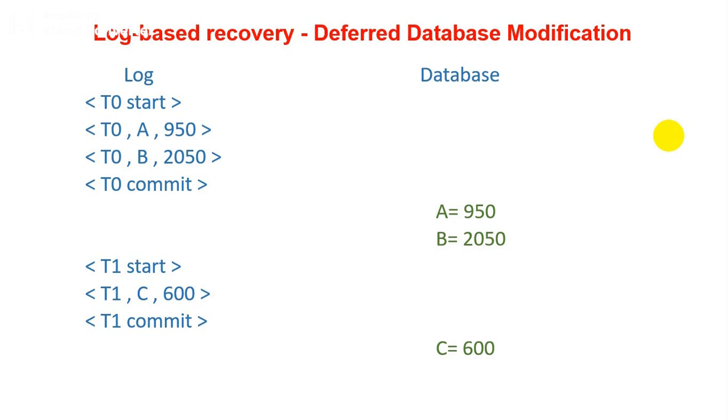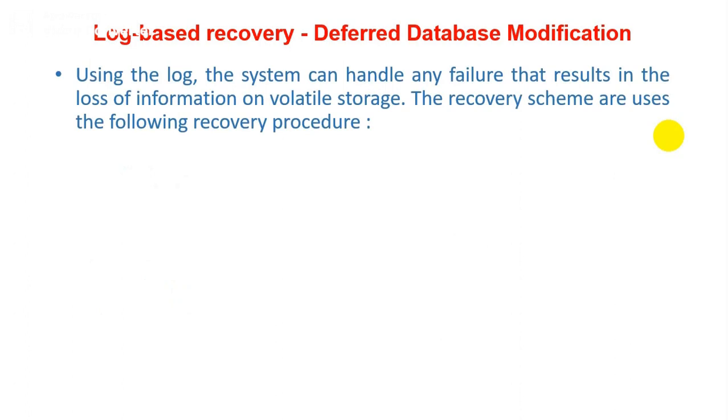the particular transaction, because we know that before starting the transaction account A has 1,000 rupees. If you debit 50 from the 1,000, then the final amount should be 950. In the same way for account B, before the start it is 2,000. If you credit 50, then the final one should be 2050. And after successful write operations, after completion of the transaction, T0 committed.